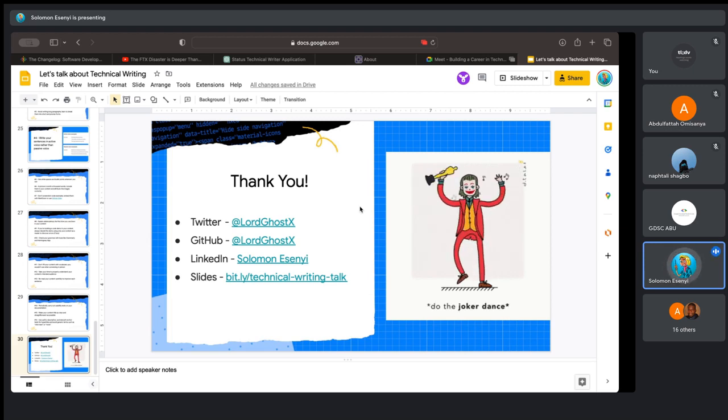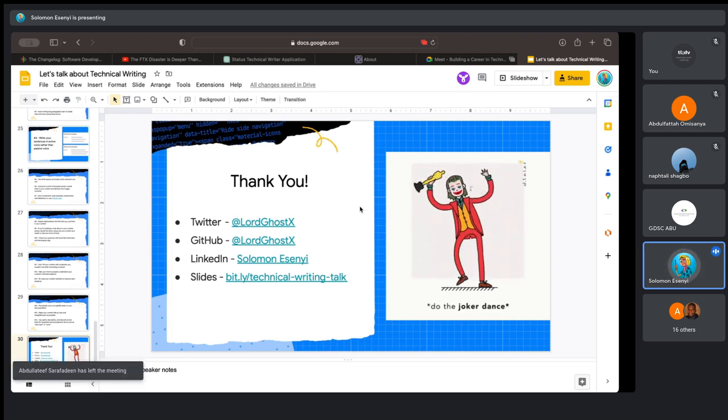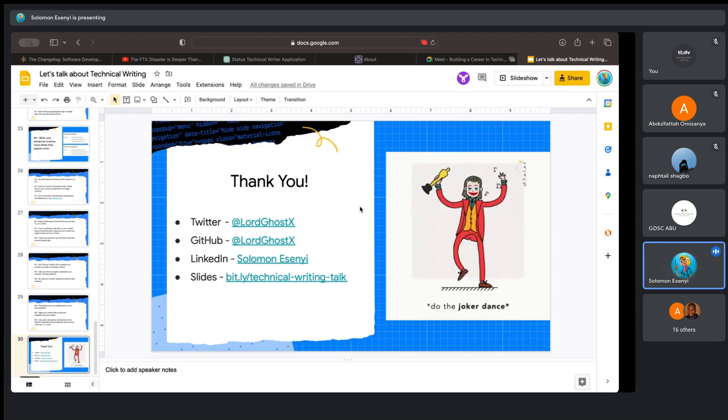So if you're already a content writer, you already have writing skills. If you want to switch to technical writing, all you need to do is pick up technical skills and start applying your writing to the technical skills you know.